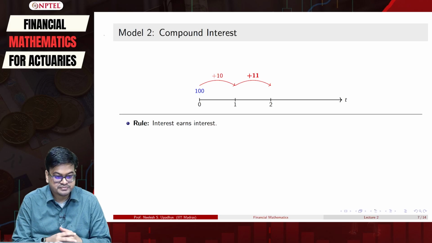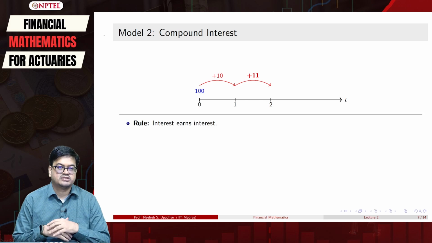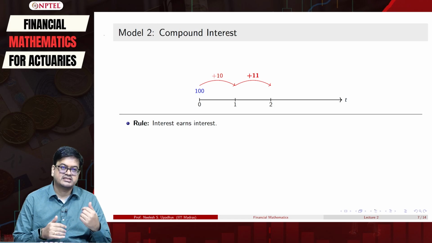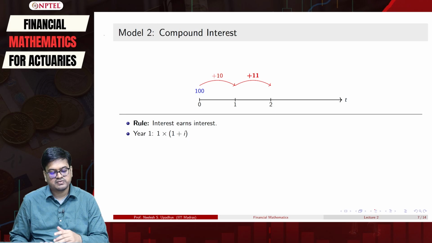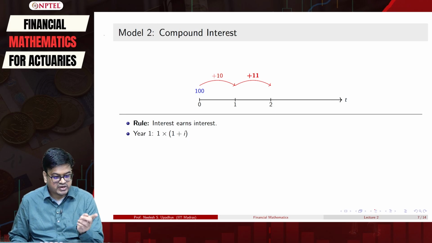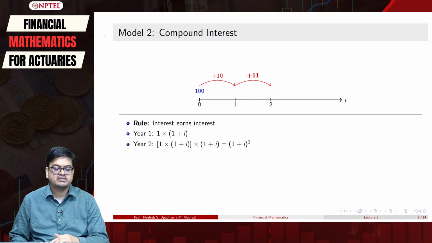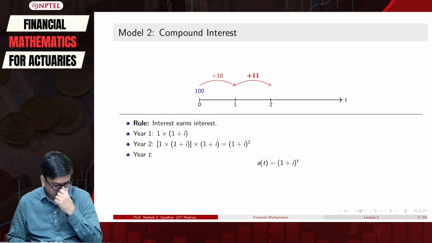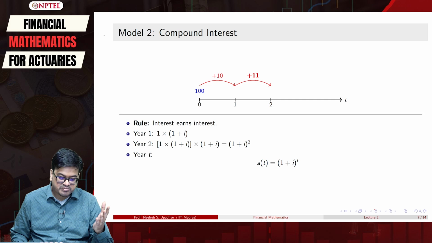simple interest model. So let us bring in our compound interest model, which will not have this problem, because the interest is earned on the interest, or your interest itself earns interest. And in such cases, it's very simple. Year 1 is 1 plus I, in year 2 this 1 plus I becomes the capital, and therefore you will multiply this with 1 plus I, and that is why you will accumulate 1 plus I squared. In year T, it will be 1 plus I raised to T on the principal of 1 unit, correct. So that is our compound model.